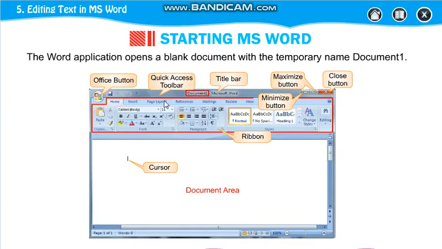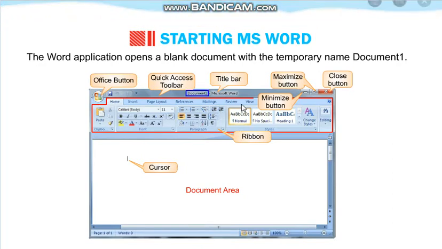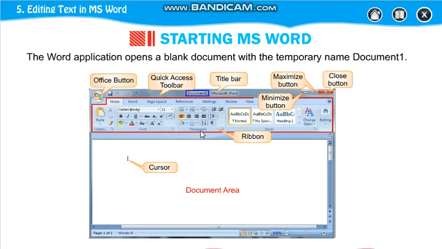Home, Insert, Page Layout, References, Mailings, Review, View, these are your tabs. Within the ribbon, groups are there like Clipboard, Font and Paragraph. And this is your cursor. And this part is your document area.